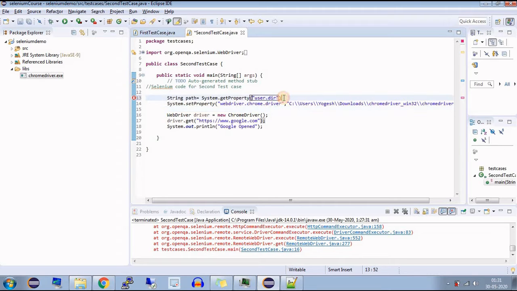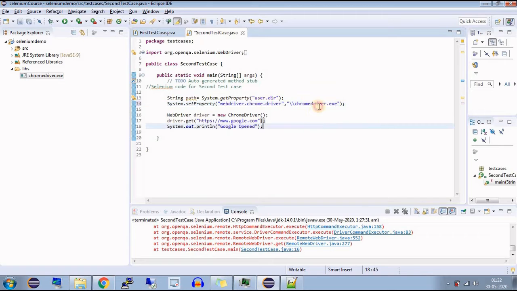So just add one semicolon, and now we don't need to use the complete path for the Chrome driver. The part of this path we have to replace by the string path. So just select the unwanted part of this path, that is till win32. So just remove that unwanted part and mention the word path, that is our string name.